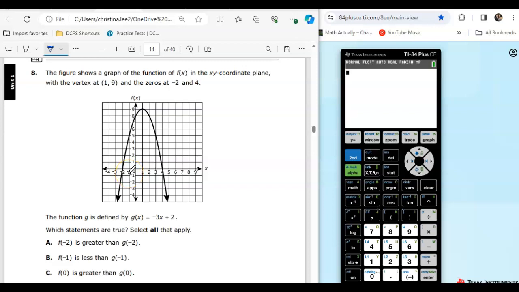All right, let's take a look at question 8. In question 8, you have the function f of x, which is this in the graph. But then you also have the function g of x, which is defined by a linear equation. So in this situation, you could graph this line, starts at 2, and it's negative 3 over 1, so